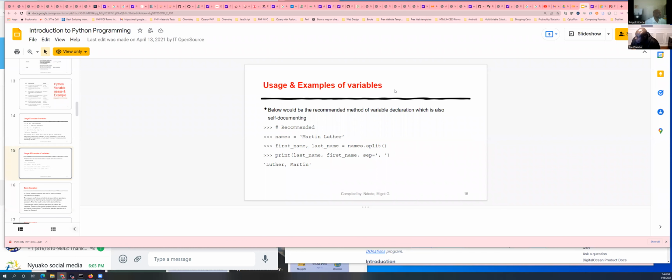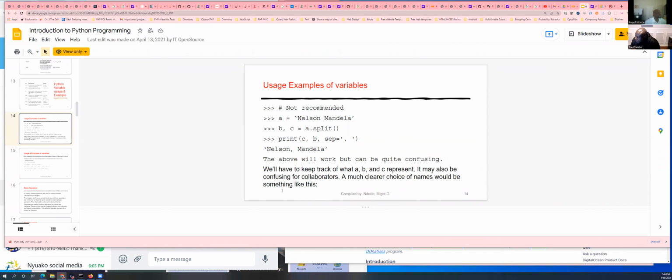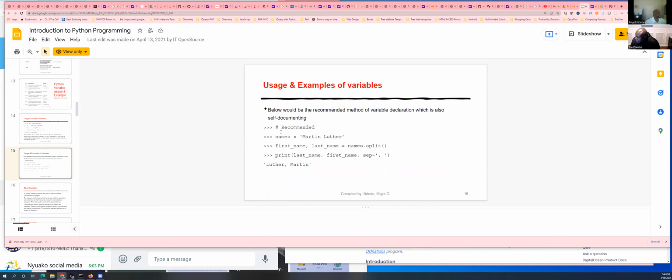So a much clearer choice of names would be something like this. Say names, Martin Luther. First name, last name. You split that into 2. Print first and last name. Then